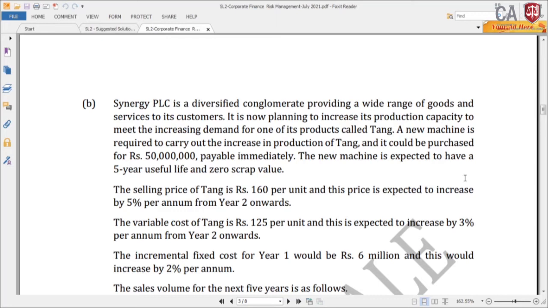So that means your fixed overhead incremental will be increasing 2% every year. Then the volume they are given, year 1 to 5, the numbers are given there, and the cost of capital for discounting the investment appraisal, 12.5, is given. So it's a very